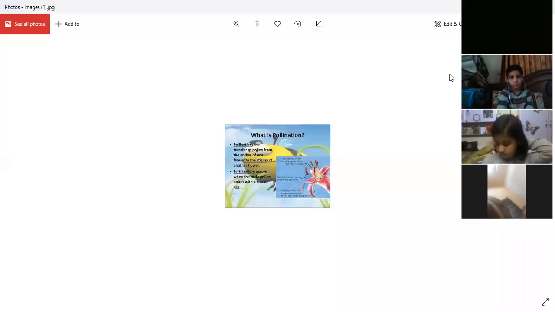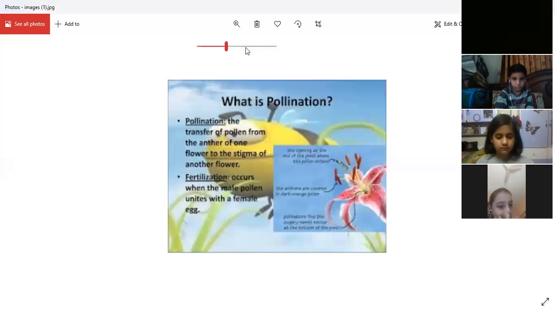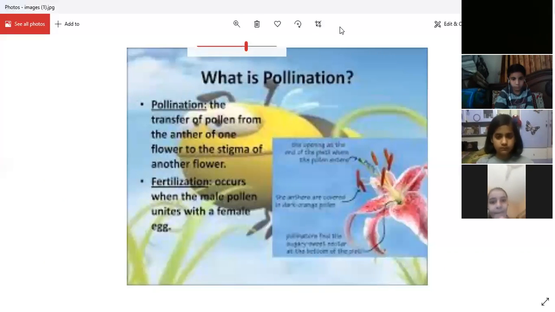We have already done this in the previous class, so I will not get into it very thoroughly, but I will just tell you that there are two types of pollination: cross pollination and self pollination. Today we will do wind pollination, that is the third category of your pollination process. But before starting with any of those processes, first of all, I would like to remind you